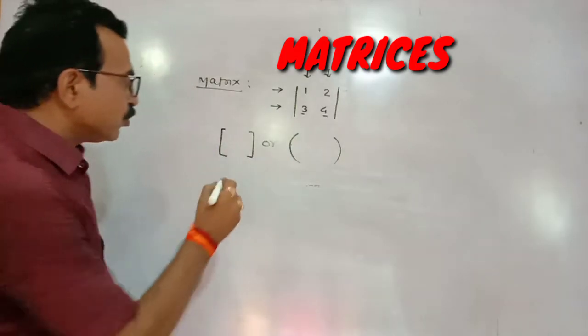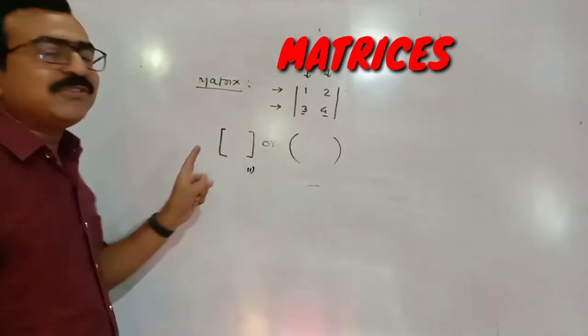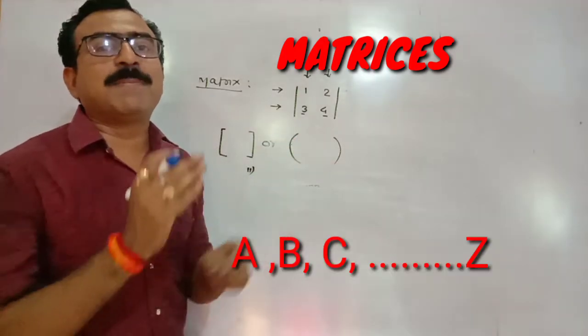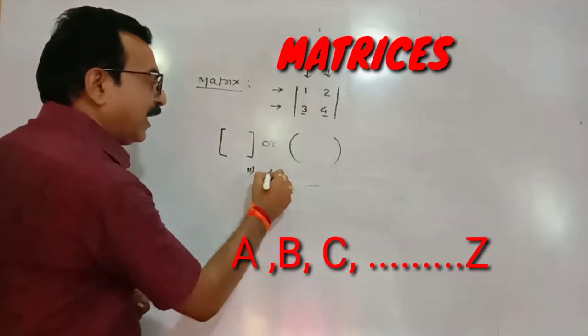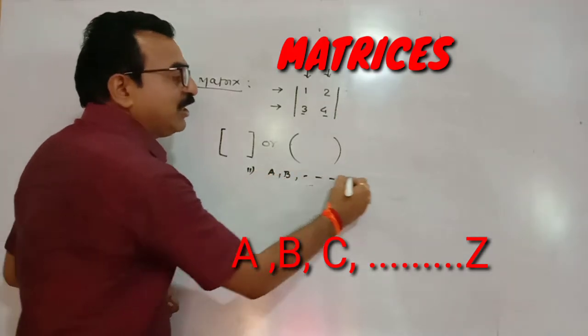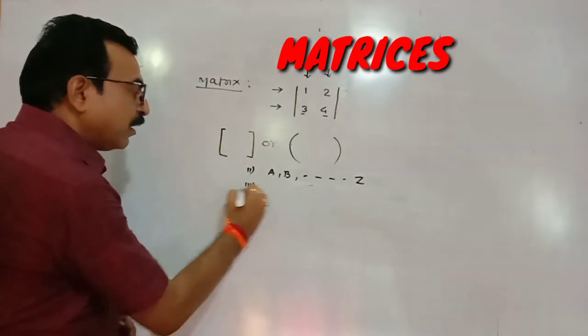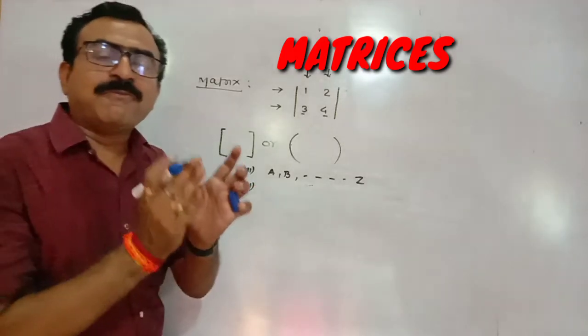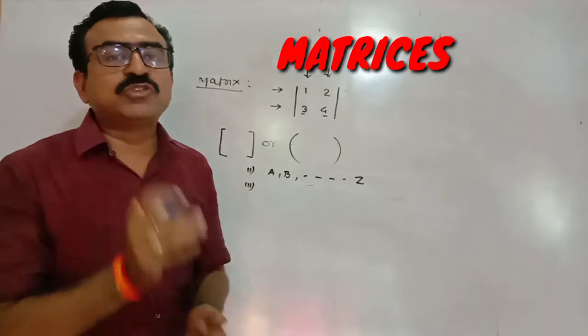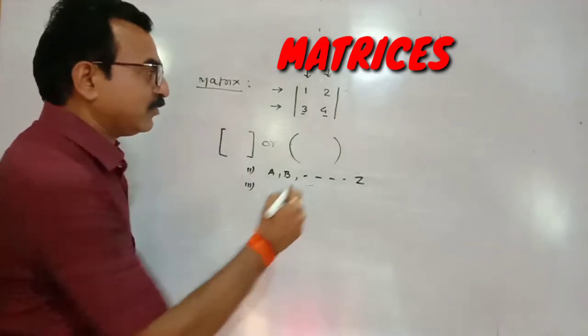Understood? So friend, a matrix is always denoted by a capital letter like A, B, C up to Z. Okay? The numbers from which the matrix is formed are called elements of the matrix. For example,